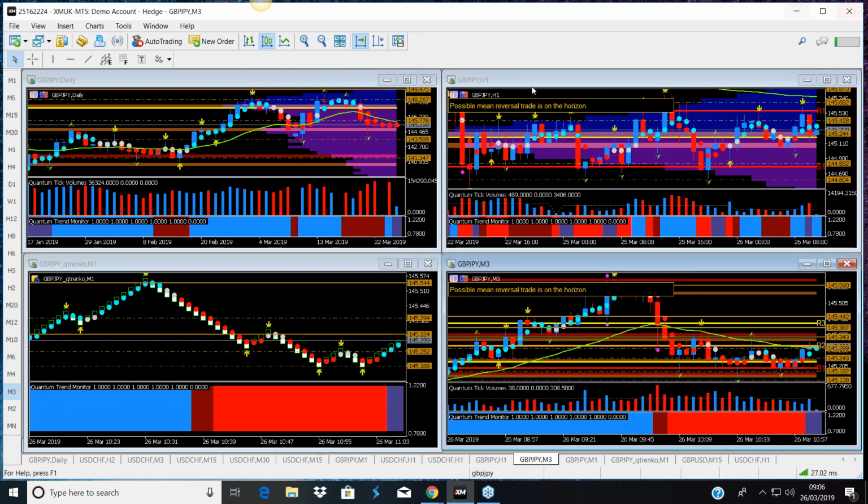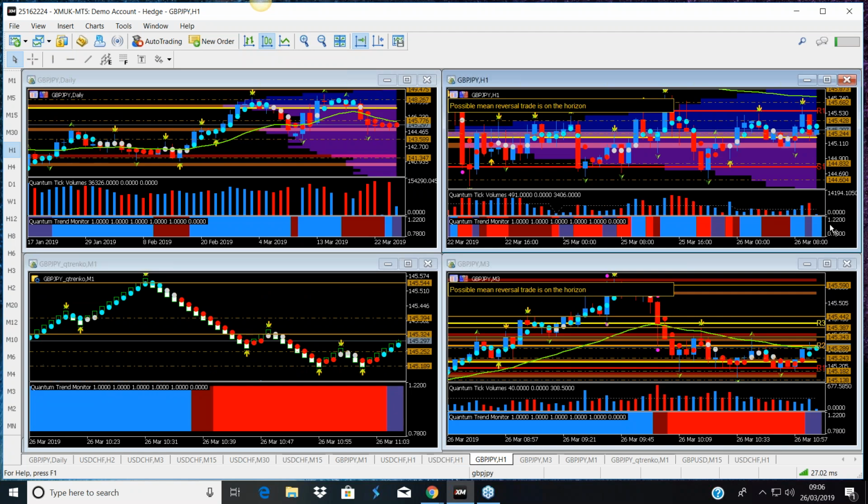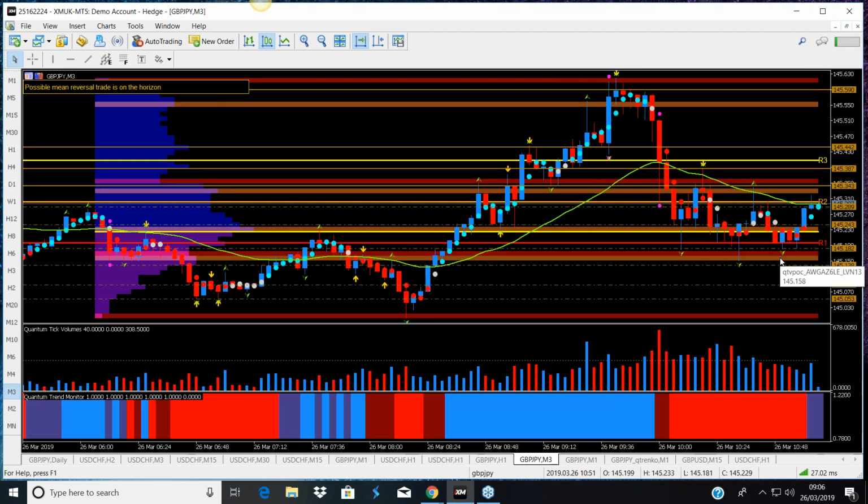All I would say is, by looking back at the hourly chart, we know that the pair is in a congestion. So what we see on the faster time frames is not in a trend on a slower time frame. So we have to look out for incidences like this. Maybe the congestion on the slower time frames is being compressed. Anyway, it carried on higher.